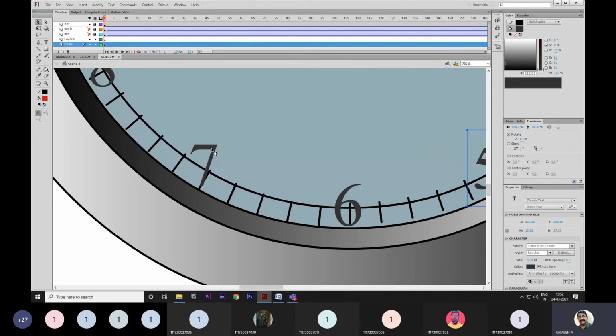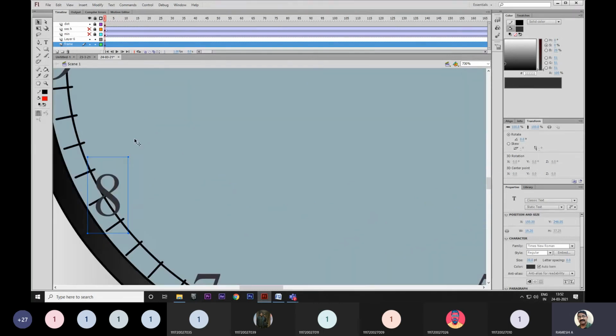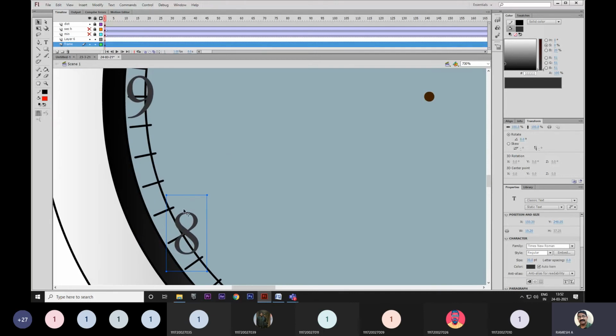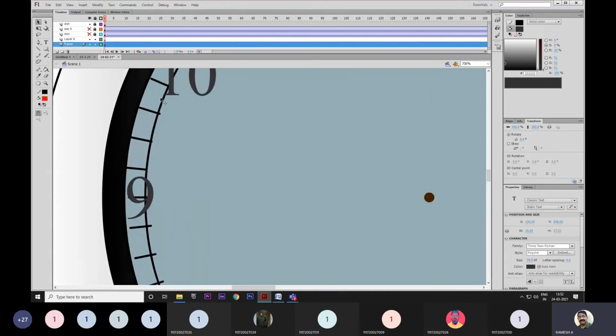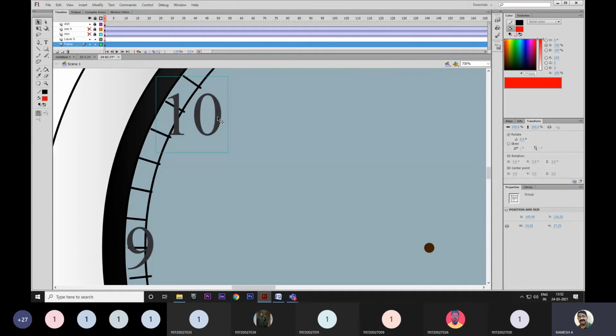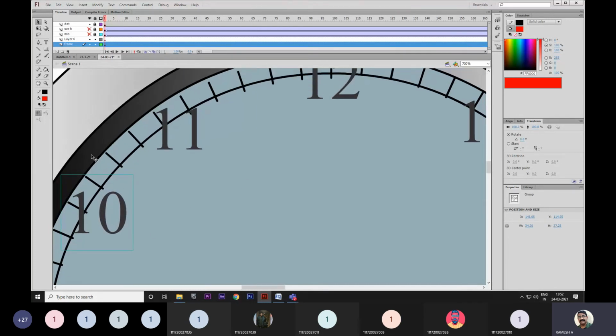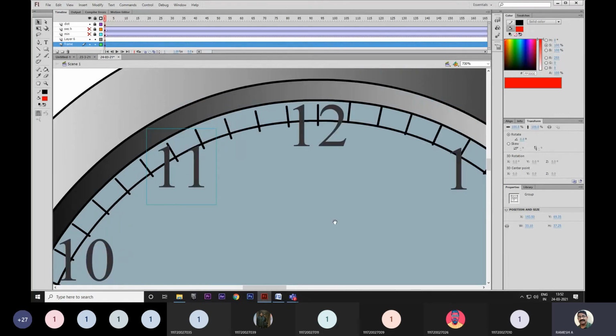After 4 gaps, 7 will be there. 4 gaps, 8 a little down. 4 gaps, 9 is okay. 4 gaps, 10 should be here. 1, 2, 3, 4. 11 should be here. After that, 12 is okay.